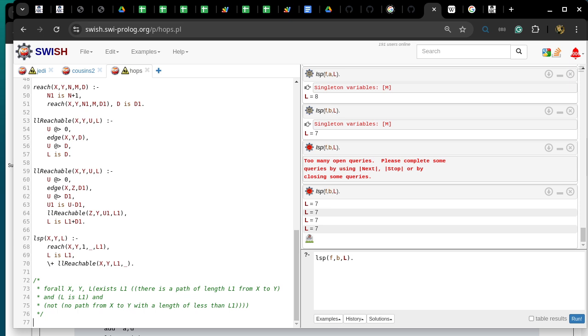Yes. Oh, that is correct. Not path from XY with a length of less than L1. You're correct. But that's how you read Prolog programs and translate it